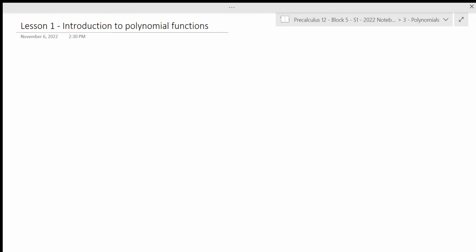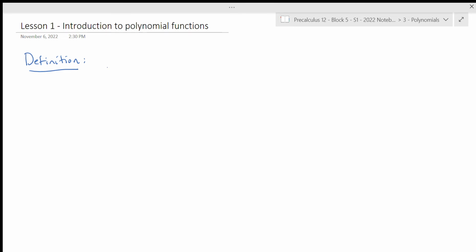In this lesson, we're going to be introducing the idea of a polynomial function, defining a polynomial function, and looking at some familiar polynomial functions and some characteristics of certain types of polynomial functions. So let's start by figuring out what exactly these things are. The definition